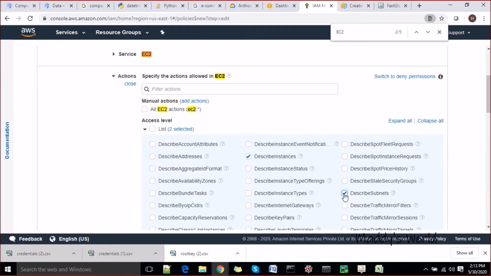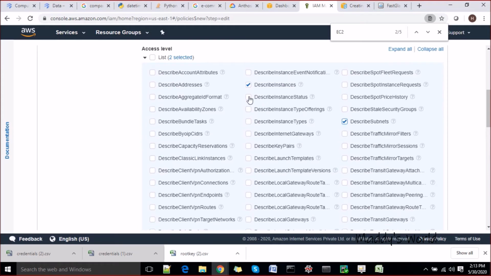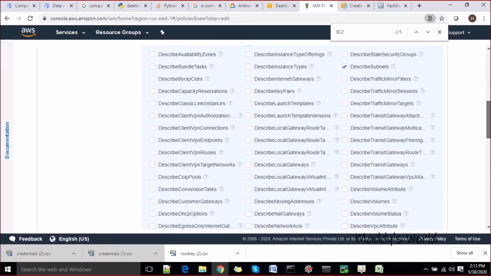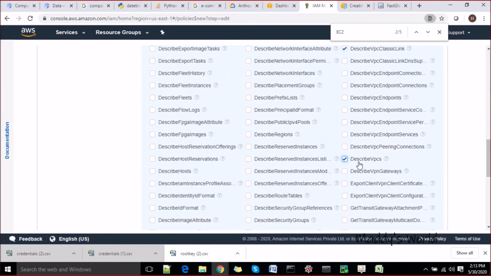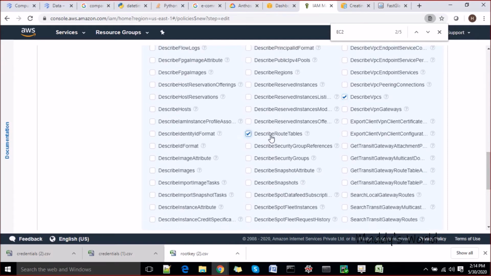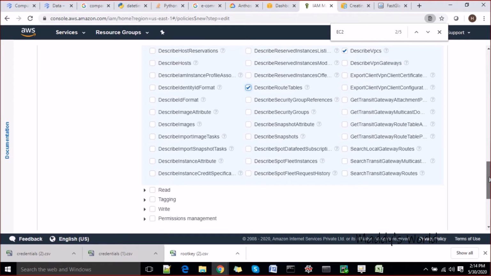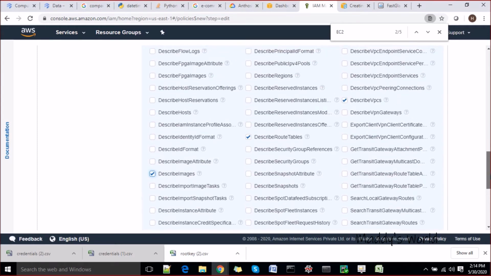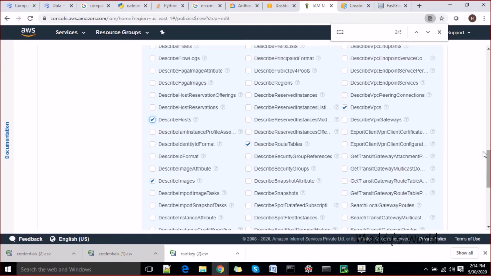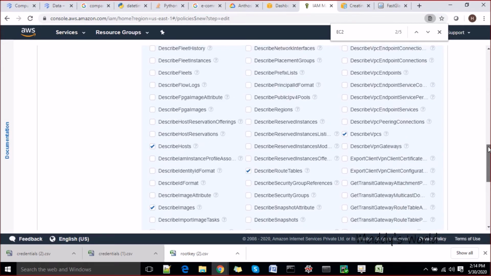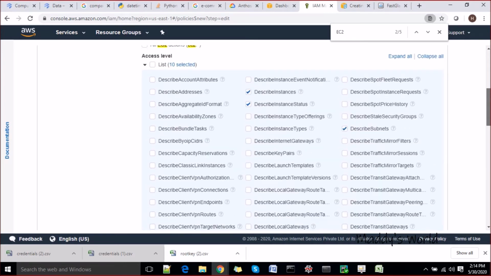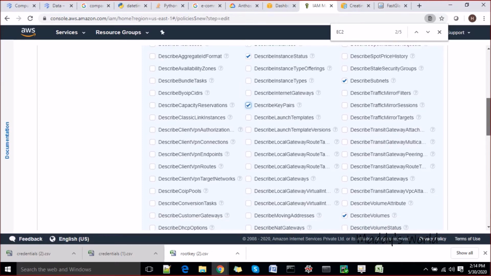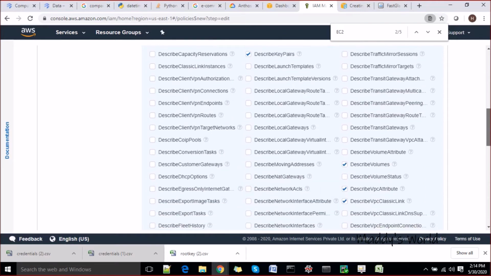Describe instance, describe subnet, describe instance status, describe volumes, describe VPC attribute, describe VPCs, route tables, describe snapshot, describe images, describe host, key pairs, describe instance type, local gateway, NAT gateway.